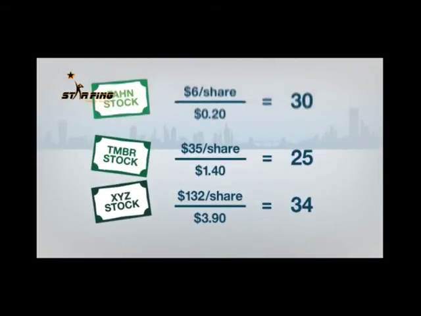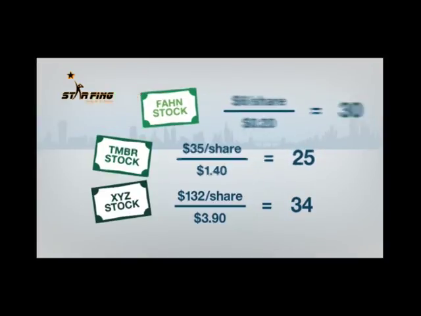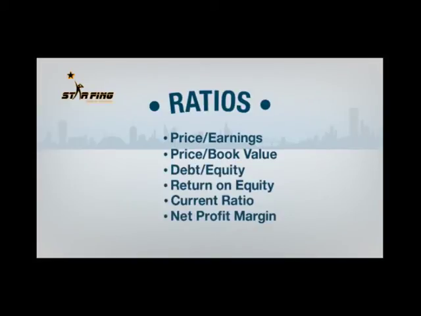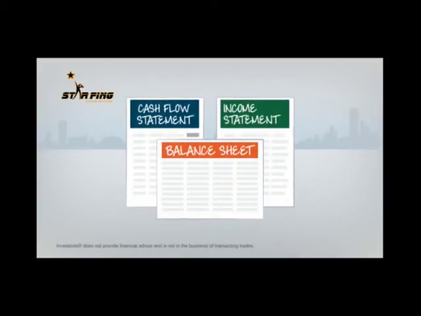Now you can better compare each company by its PE ratio. Despite the drastic difference in stock prices, all three companies have a similar valuation. However, the second company has the lowest PE ratio and may be the best value. Remember, a PE ratio is only one of several ratios that can be used. There are other ratios for determining valuation, profitability, and financial strength. There are also other figures to examine in financial statements,